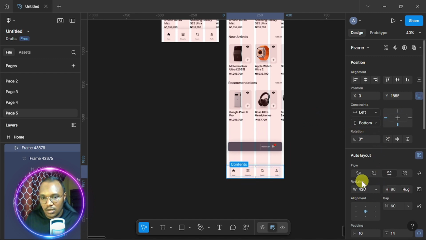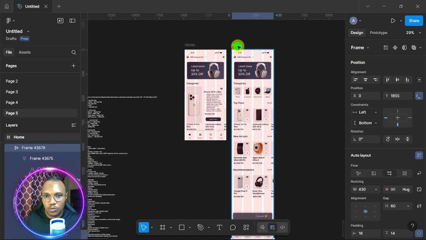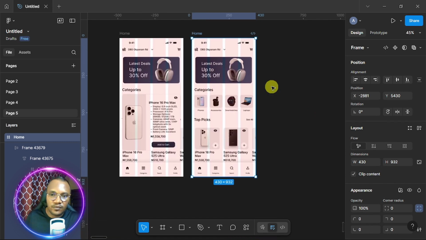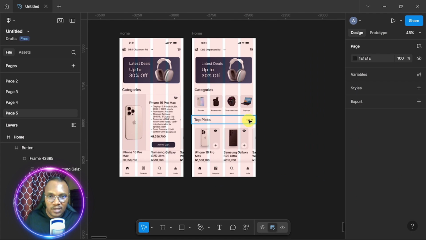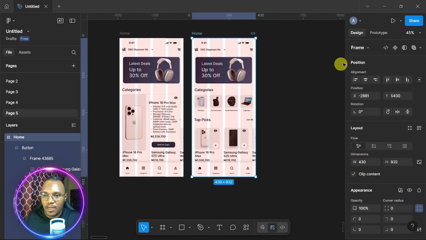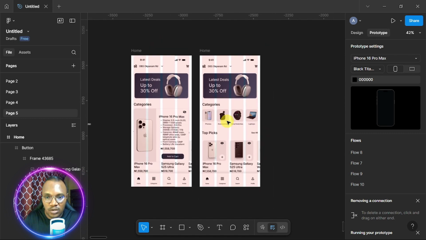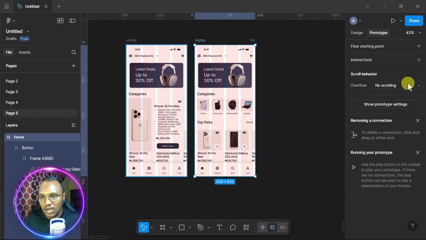Then I'll just resize it back. I'll come over here, click on the screen, click on the overall home screen, then I'll resize it back to 932. So I have this. But before I duplicate this screen, right, what I'm going to do is to come over here, click on the overall screen, and I would say